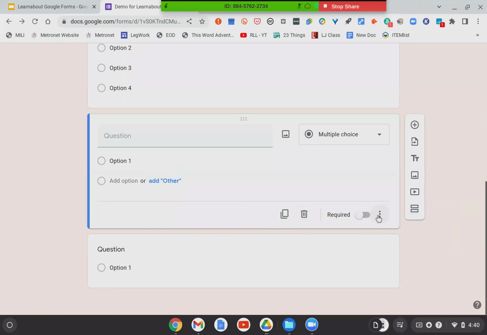So the other thing that I wanted to talk about is skip logic, or branch logic, it is sometimes called. I've normally heard it called skip logic, but I've noticed when I look on the internet for information about it, I see branch logic a lot.